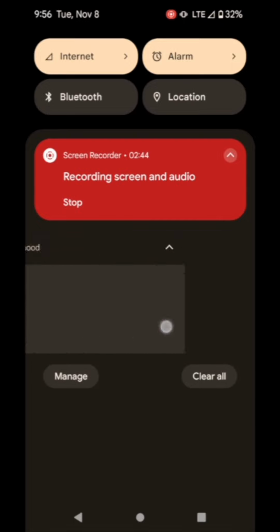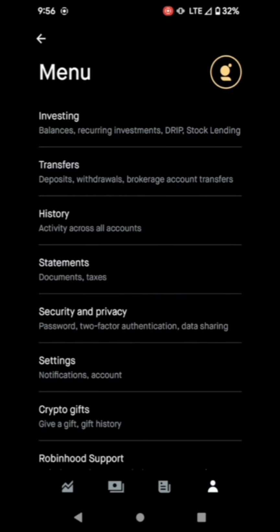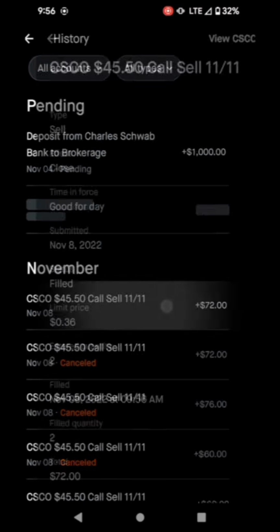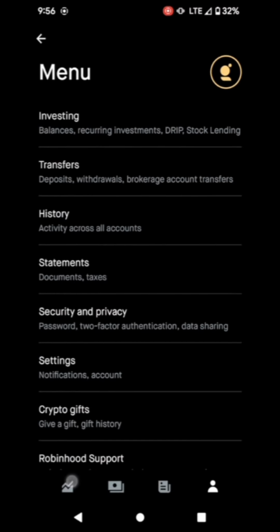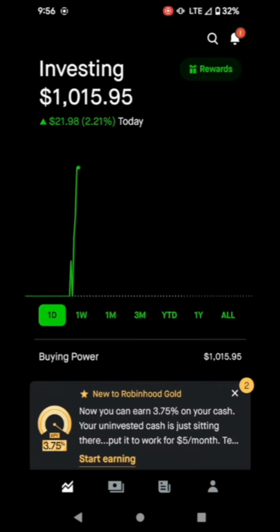Like I said, I feel content with this because I'm perfectly fine with our first win of $15. I'm perfectly fine with that. If we go into our history, we're actually able to see the status of the order that was filled. And there's our profit. We've got 2% total for the day, but we actually have a 20% return on that